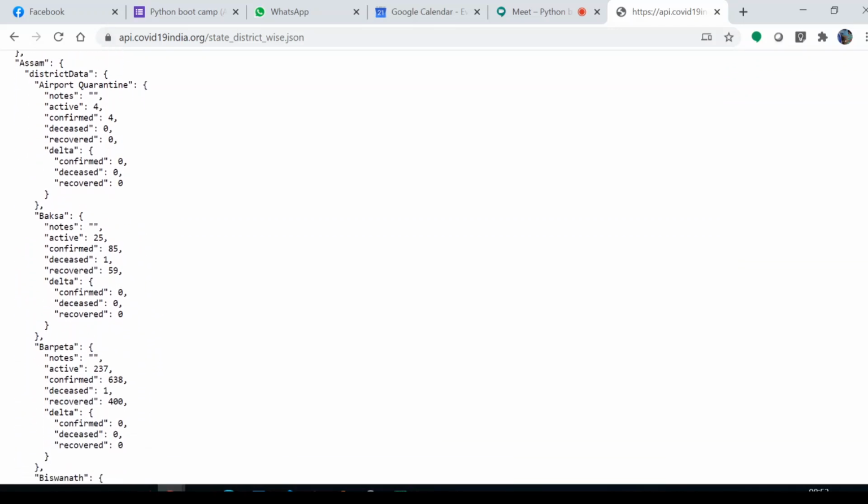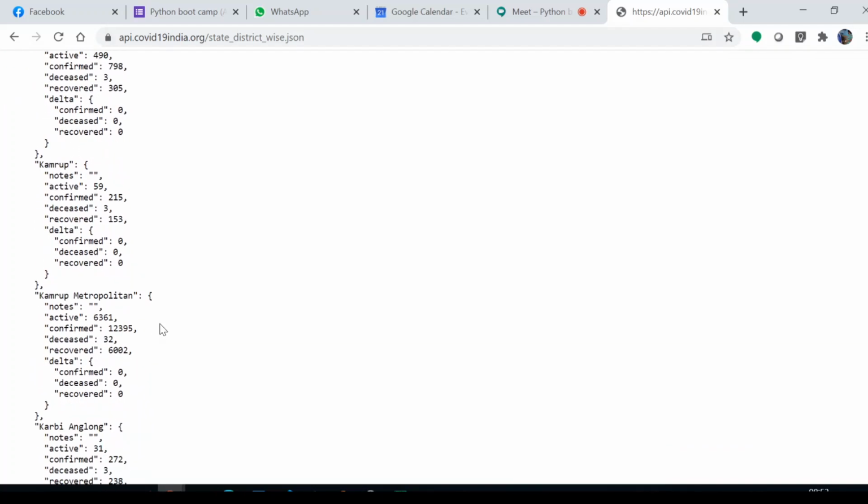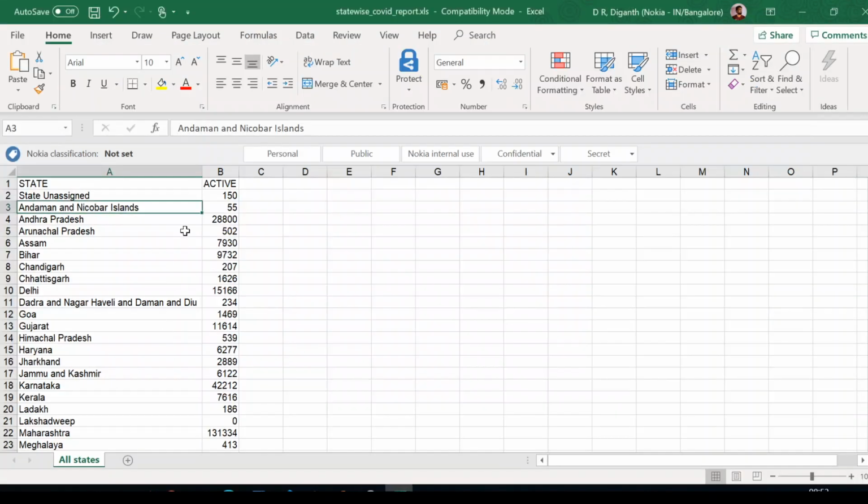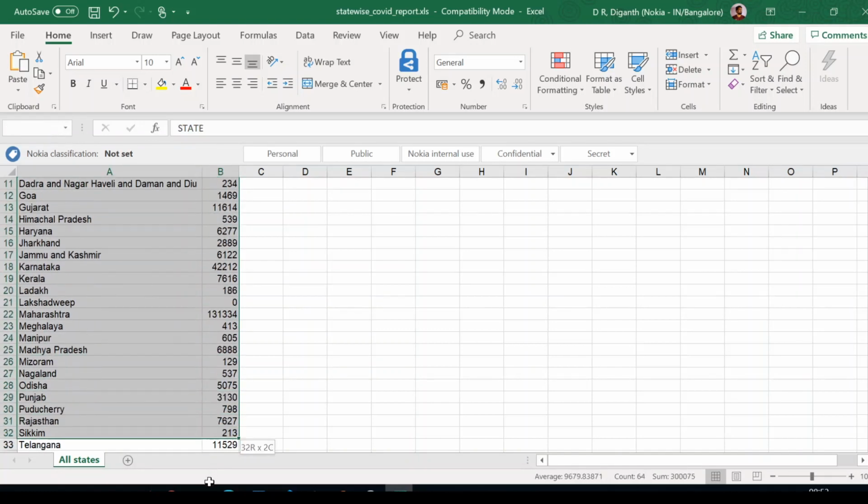Assam has various districts, Buxar, Barpeta, and things like that. So we will collect active cases here, active cases here, and similarly collect all the district data and then sum it up, and the function should output the total number of cases. That is the idea. We will first do that, and then we will use the same data and try to dump an Excel sheet.